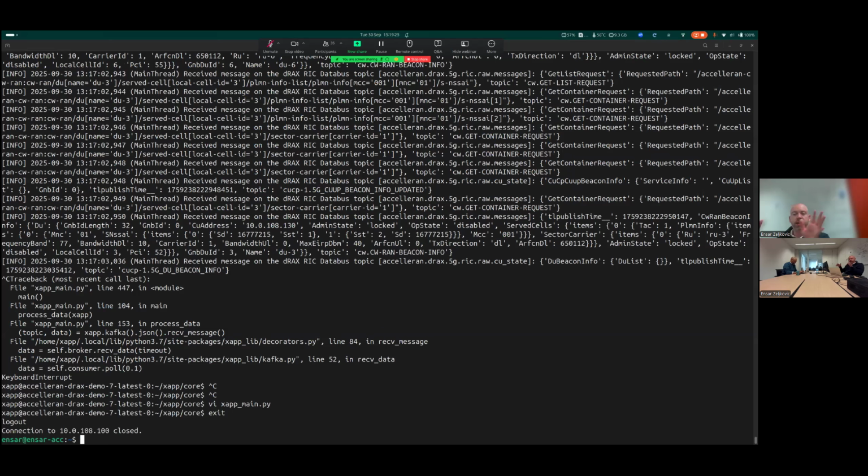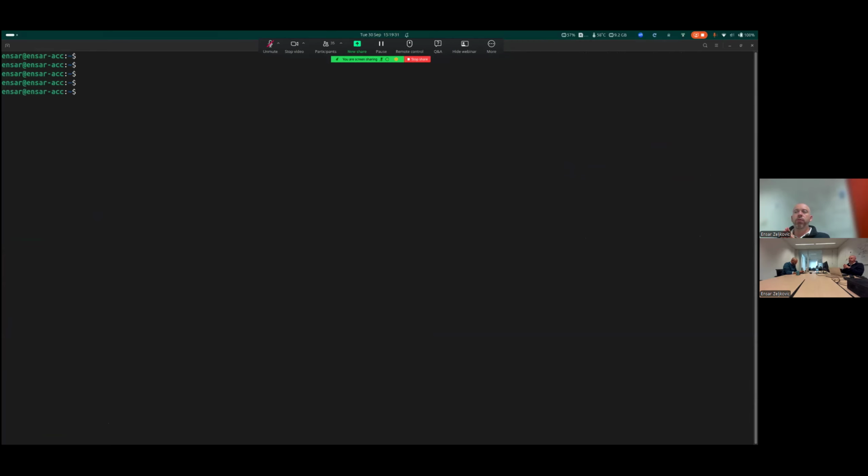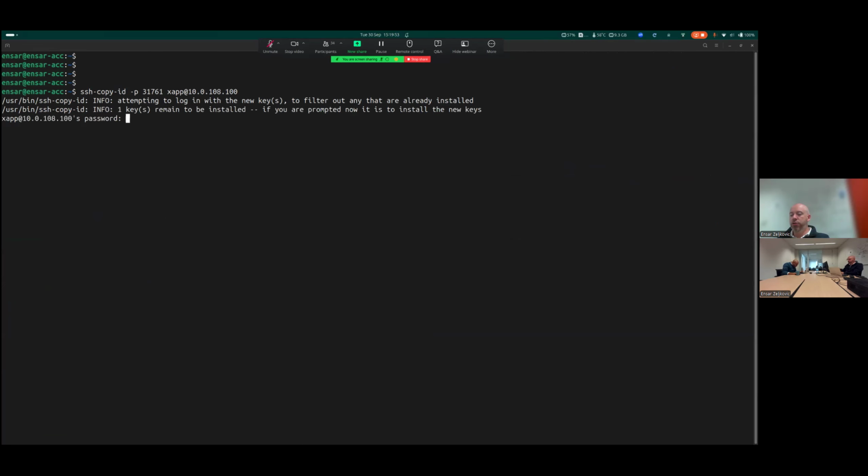We will exit from this SSH connection that we've had, and then I will do one thing. Instead of having to paste my SSH password a lot of times, I will copy my SSH key with the ssh-copy-id command, so that I can use my SSH key to SSH into this xApp without needing to enter my password all the time. So we can just do that and enter that password one more time. Now, perfect, we don't need to enter the password. We can use the SSH key that I have to access this dev environment.